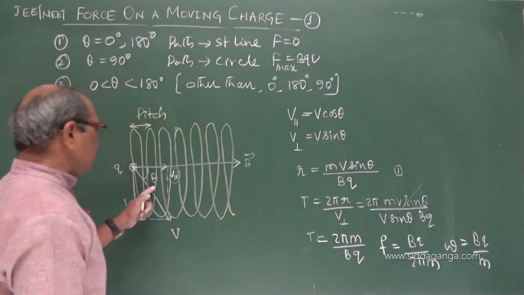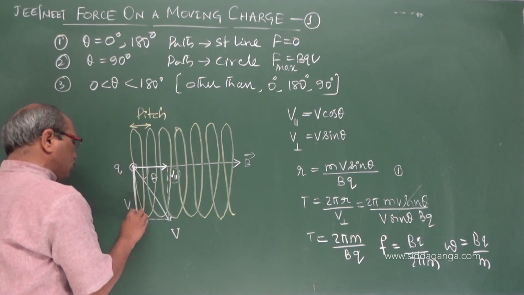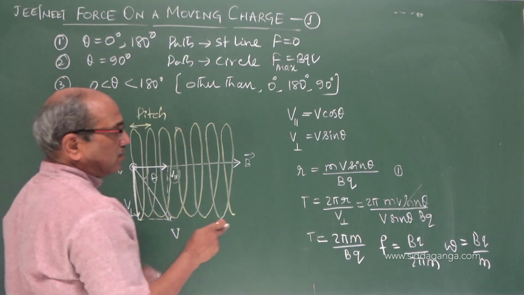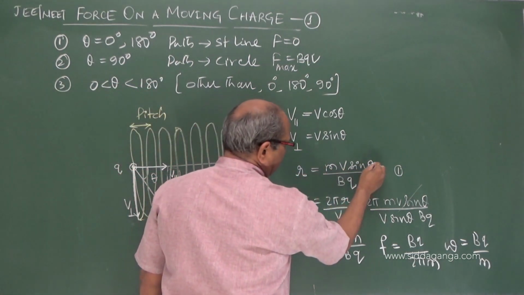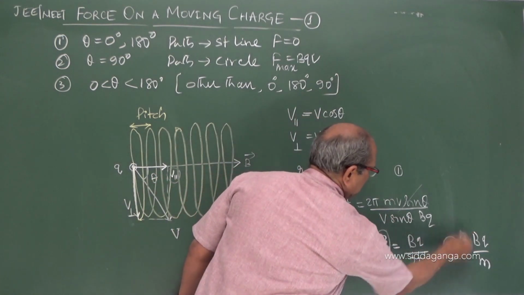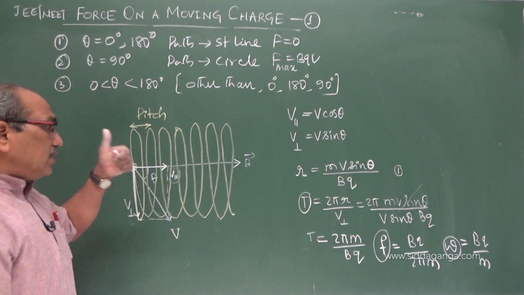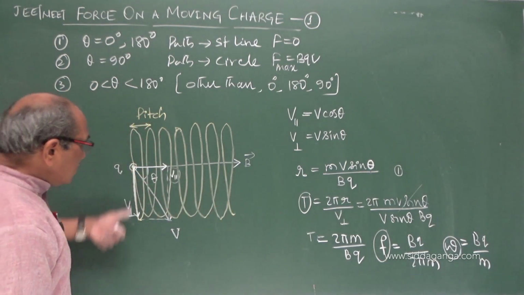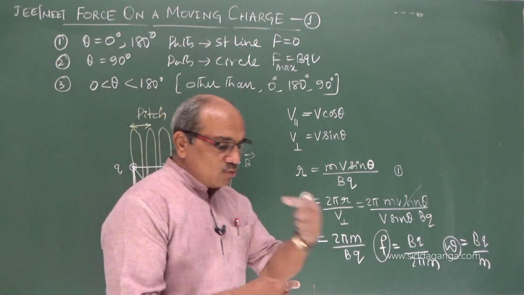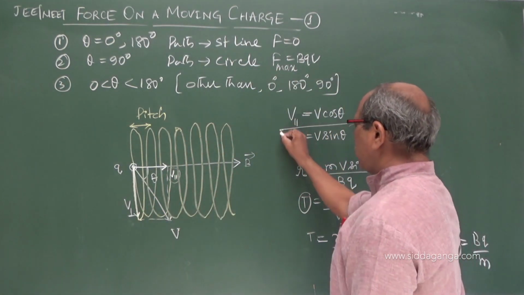Even in this case, one component asks the charge to travel horizontally, but the vertical component which we considered makes the charge describe a circle. Only the radius is affected by the angle, but period, frequency and omega are independent of angle theta, and that remains the same. And this describes a circle, one revolution, when the charge completes it under the force we considered.